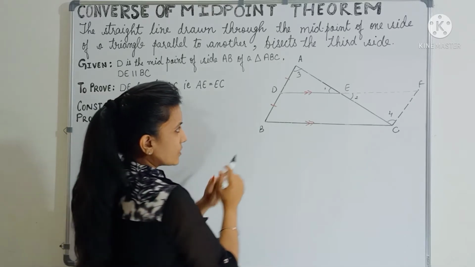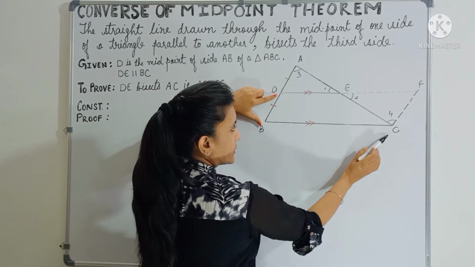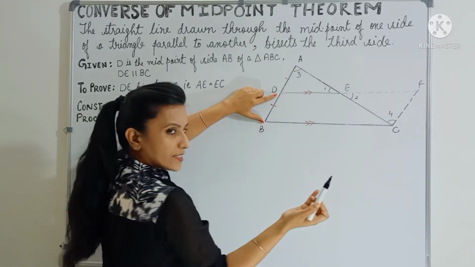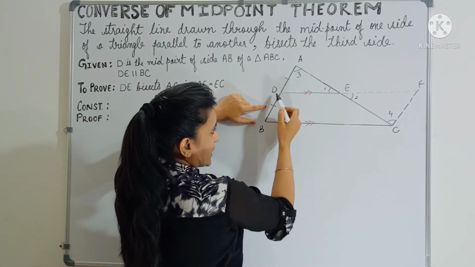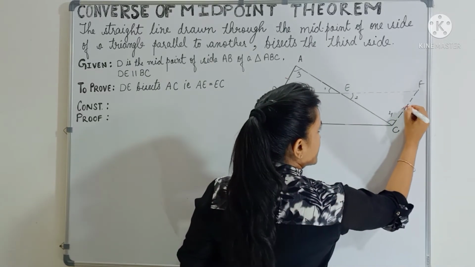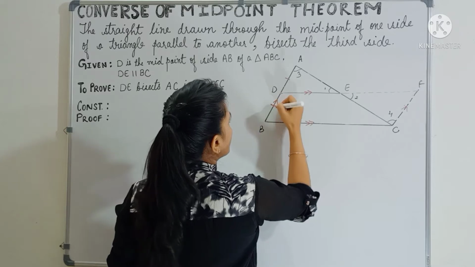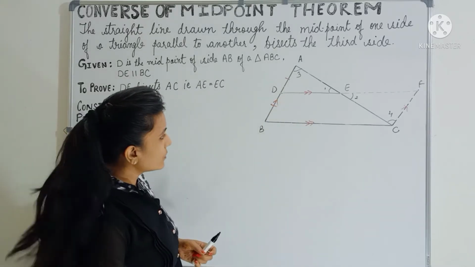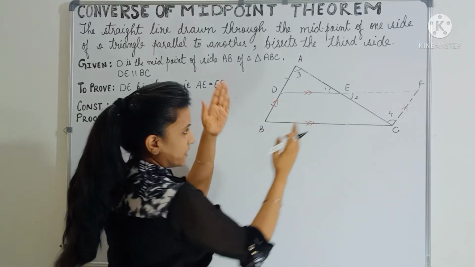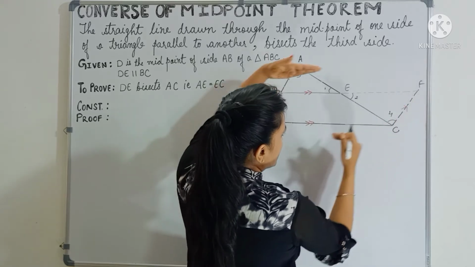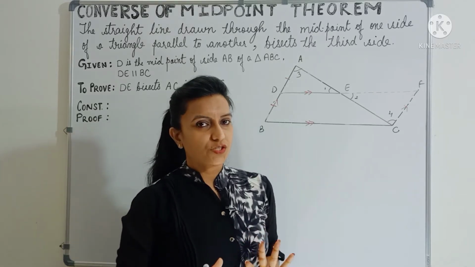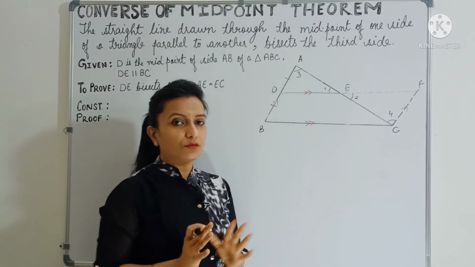Okay, so here if you observe, DE is parallel to BC. It is already given, right? So can I say that even DF is parallel to BC? Yes, I can say that, right? And here BD is parallel to CF. This is by construction, right? We constructed that CF is parallel to BA, right? So in quadrilateral BCFD, in this quadrilateral you can see that these two sides are parallel to each other and these two sides are parallel to each other, right? So in a quadrilateral, if opposite sides are parallel to each other, then it becomes a parallelogram, right?